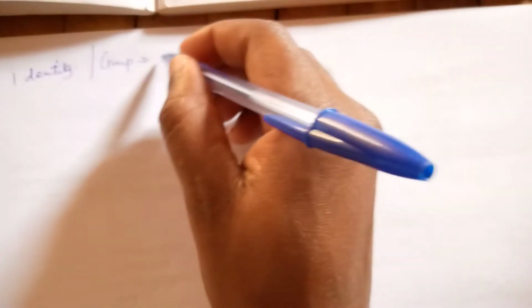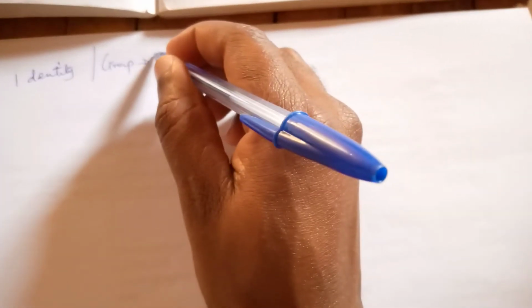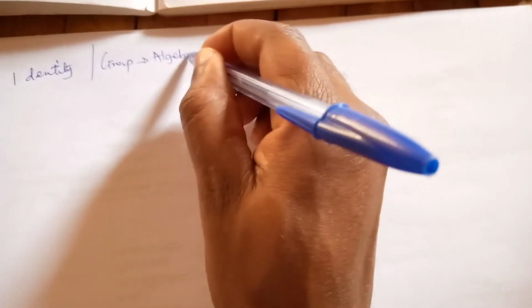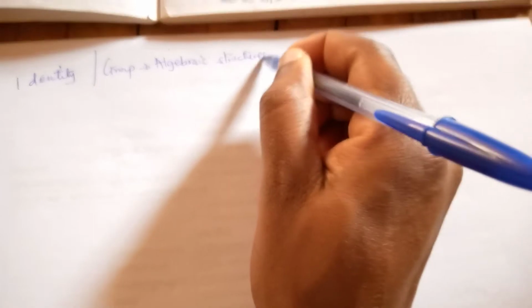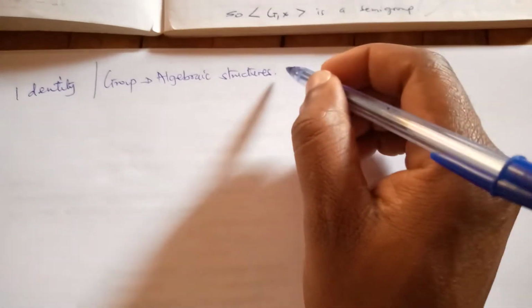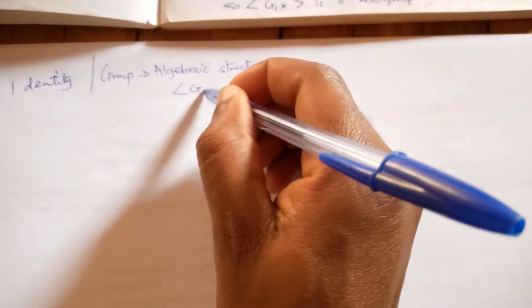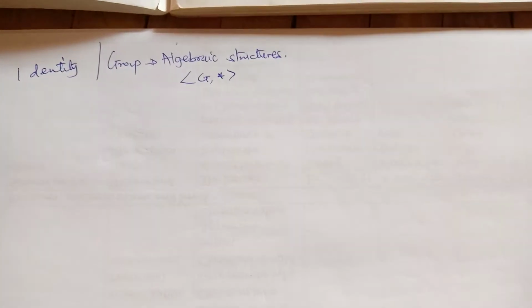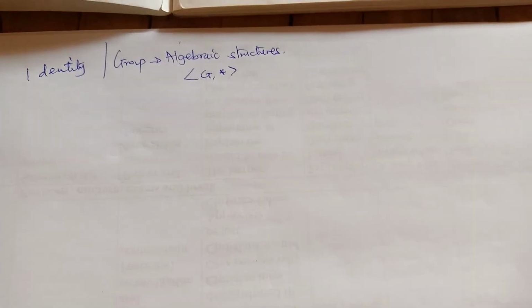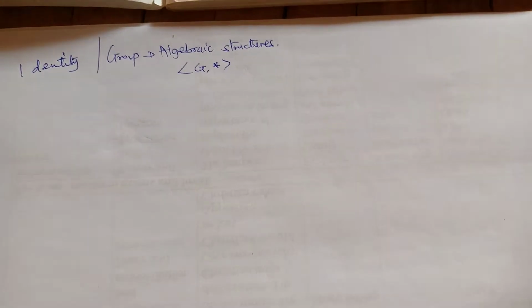is actually under what you call algebraic structures, which of course defines a pair of a given non-empty set G defined with a given binary operation. So in this case here, if you want to define the identity of any given set, we need